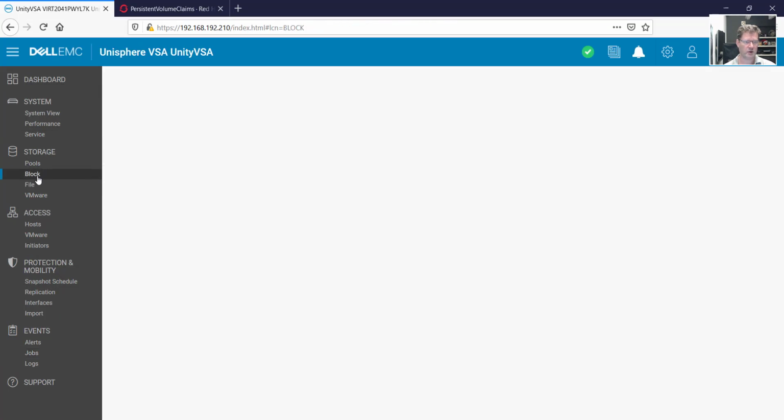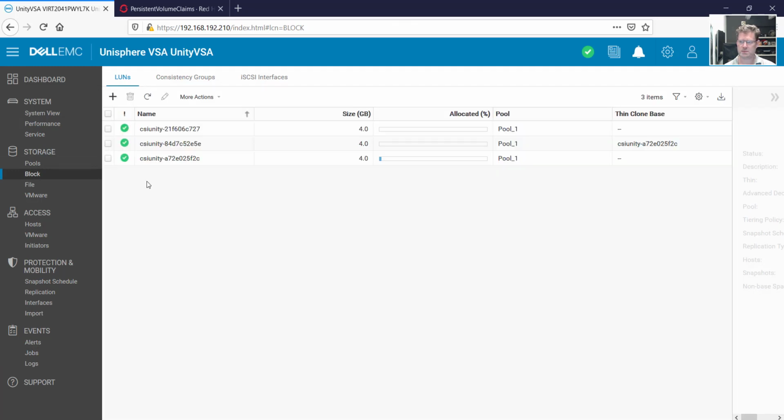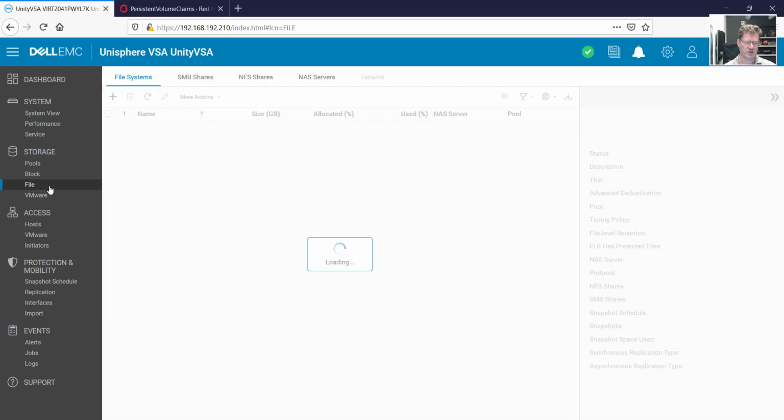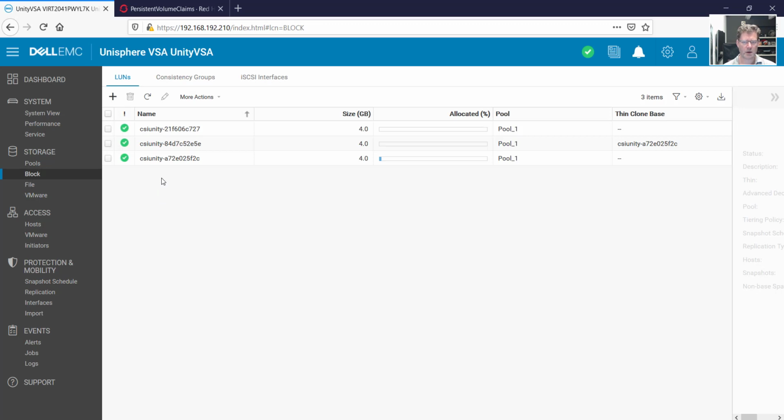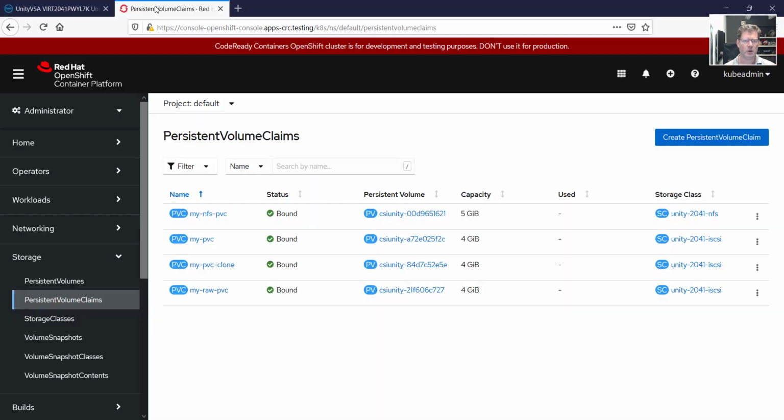So when I look at block, I should have like 3, I think. Yes, so the third one was created, actually being the raw block device. So we could check file as well to see whether that's finished. Yeah, that's finished as well. So you can see CSI Unity, very similar to the iSCSI one, right? The NFS was created equally. So I do have a raw block volume, and of course the next thing we could try is actually to